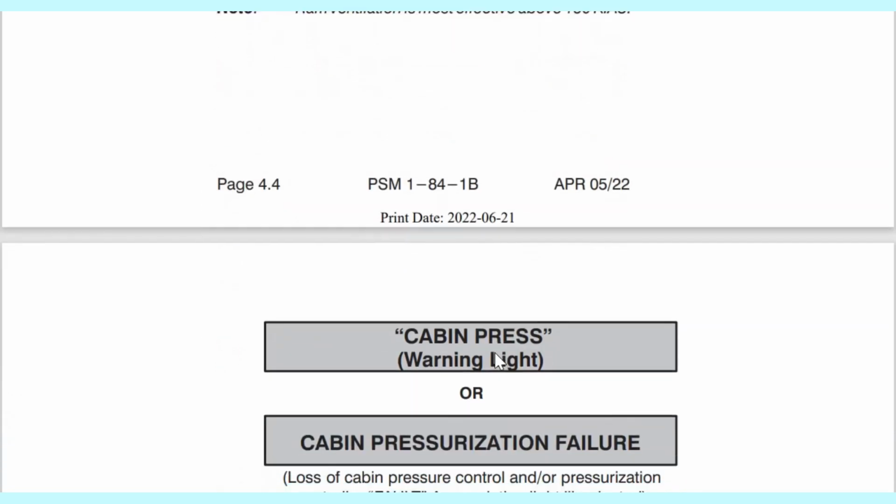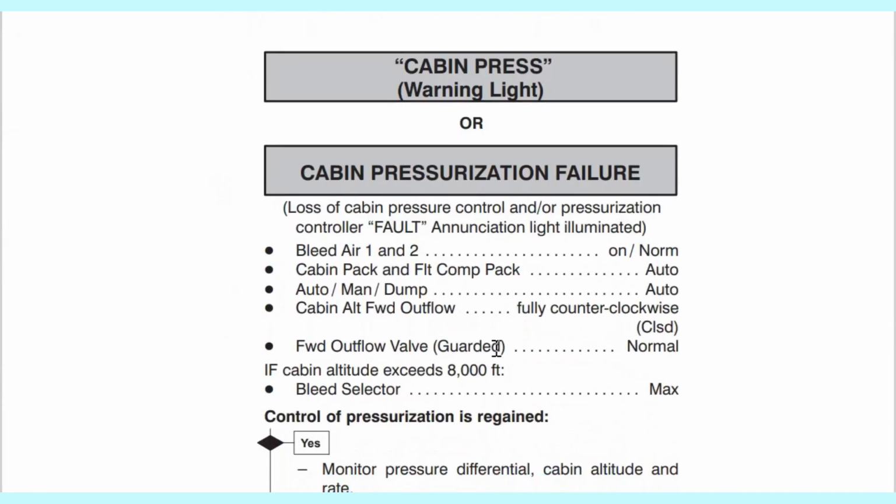Fortunately, until now I haven't experienced it, and I don't think I want to, but if it comes, it's a process that you follow. So let's look at what happens here, because what people do is rush things to start descending. This is where the problem is. What you can see here is that it says cabin pressure warning light comes on the CAUP, caution warning panel, or cabin pressurization failure. You see it's "or" here, meaning it's either this or that.